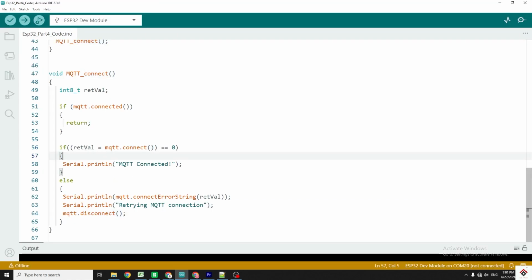I'm also storing the return value in one more variable for further usage. If this function returns 0, then no issues, connection is successful. So I'm printing MQTT connected on the serial monitor. In case this function returns any value other than 0, which means there was some issue with the connection establishment,